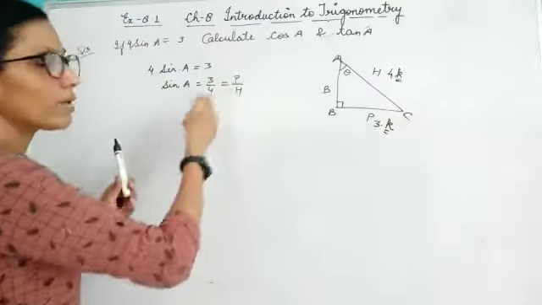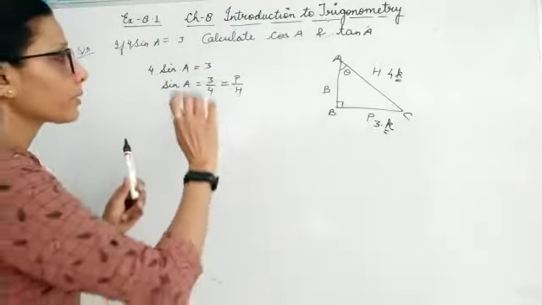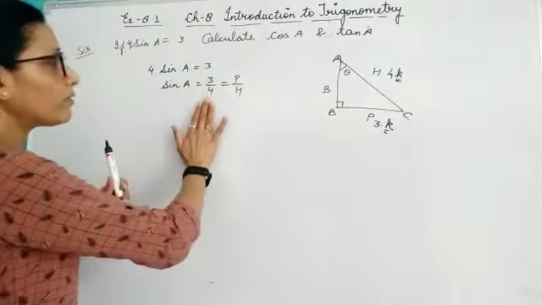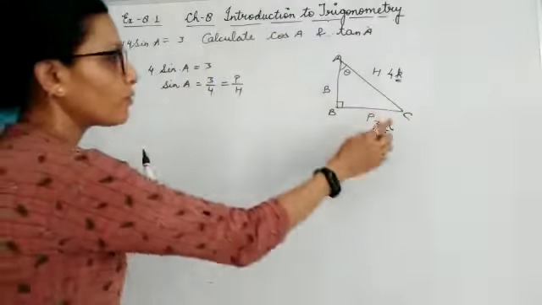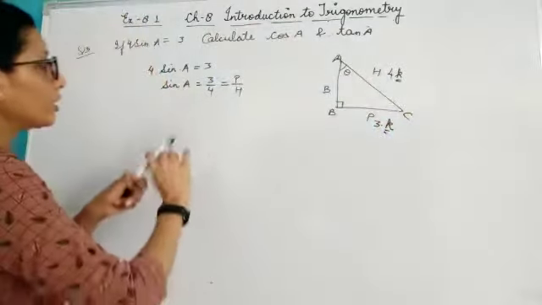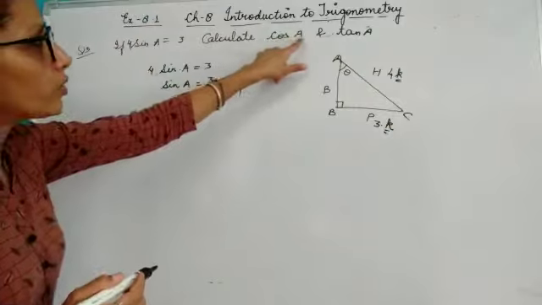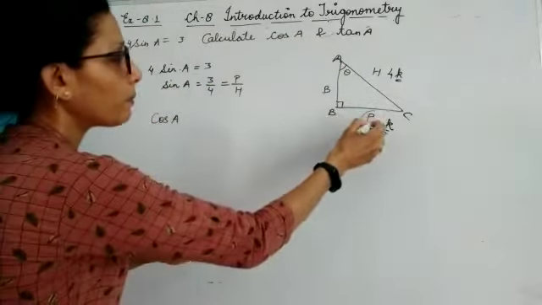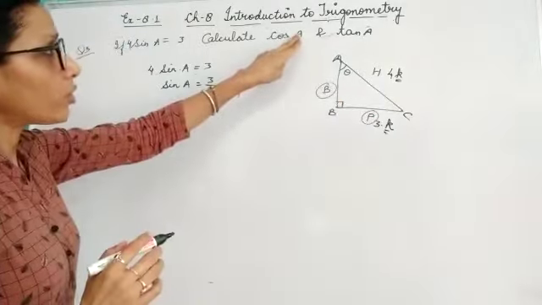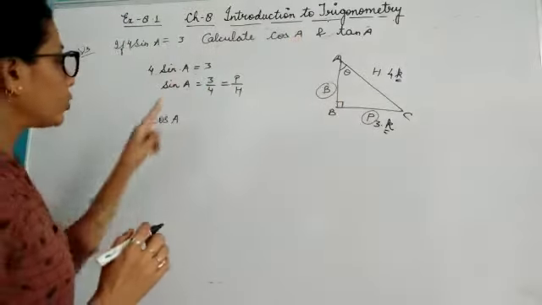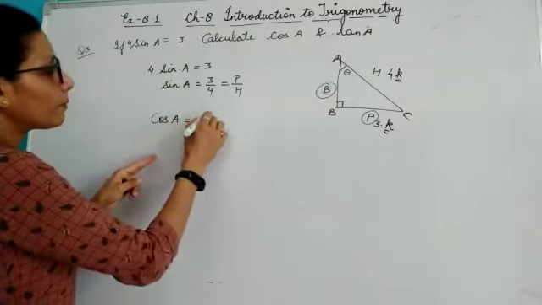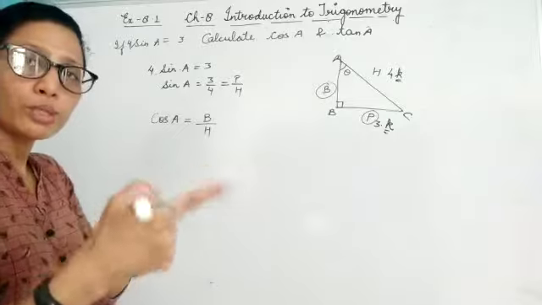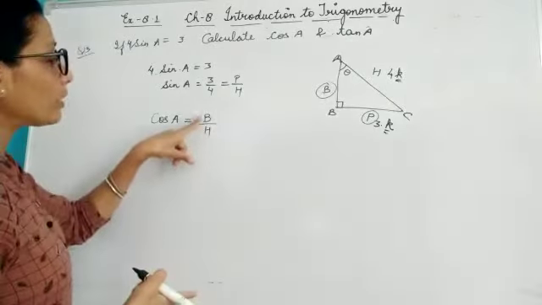Although this K and K will cancel if you place it here, still, since this is in simplest form, I don't know by which table it has been cut. That's why for that table I have taken K. Now here it is given find cos A. So you know cos A. You have already placed perpendicular and base. We are talking about angle A only. So here cos A will be B by H. Remember the formula? Pandit, Badri, Prasad, Har Bole. So here B by H.